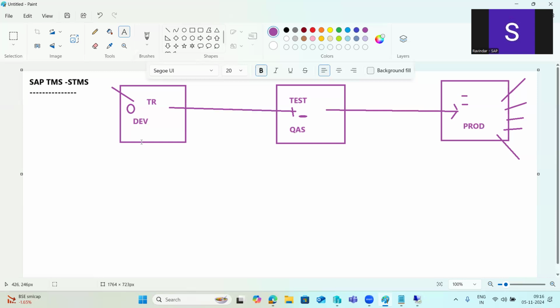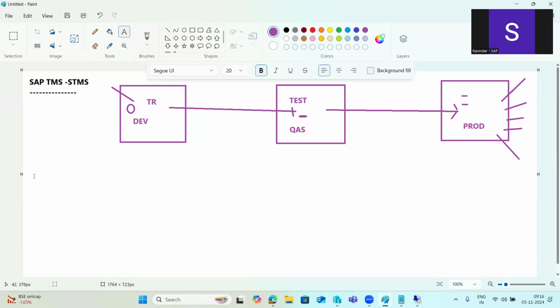So in this case, what is the procedure to move the changes from dev to production? What procedure do we have to follow? What configuration will be done by our Basis team?